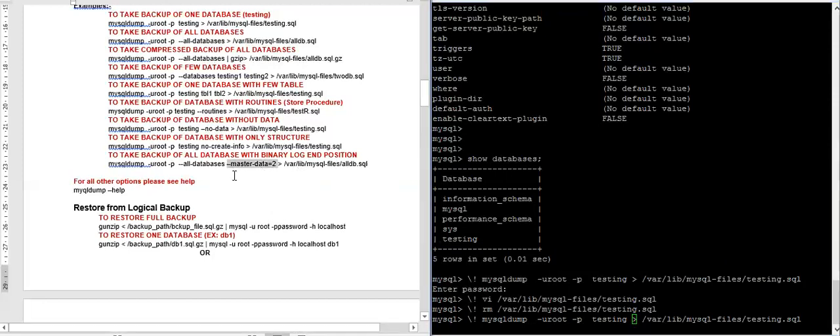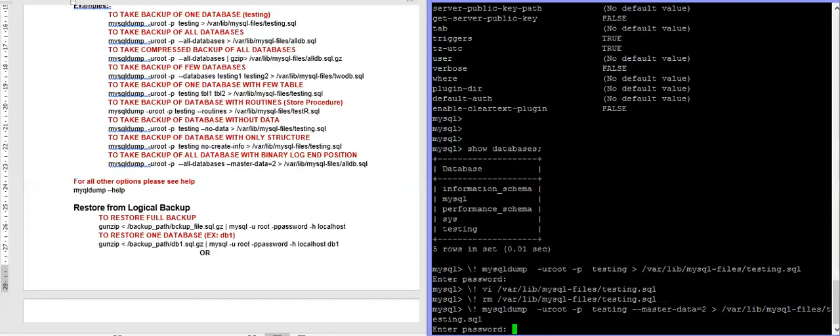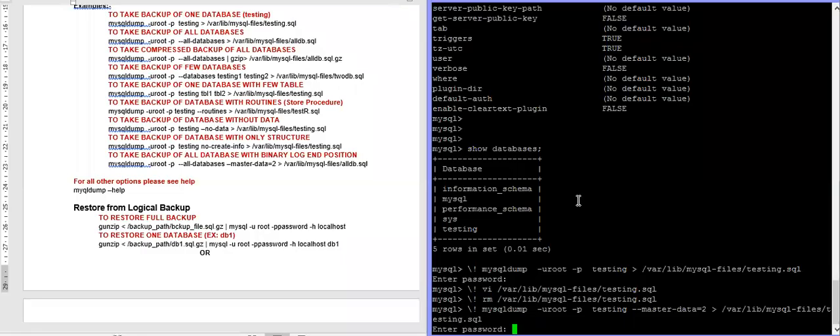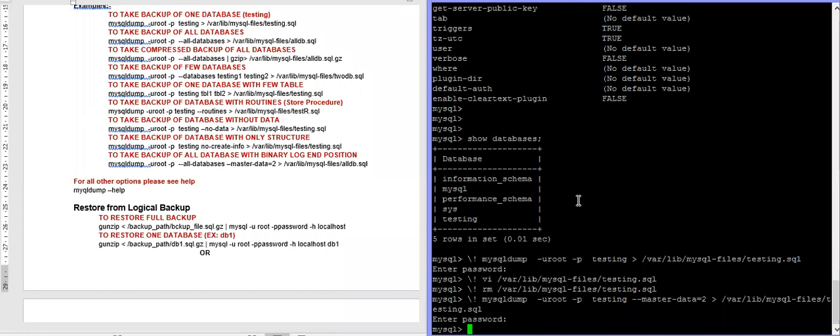Let me copy. Hyphen master data 2. Yeah, let me put the password. Now let's see whether the log position is written at the end or not.